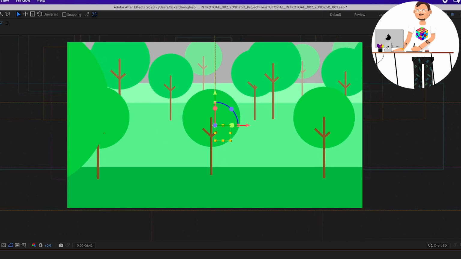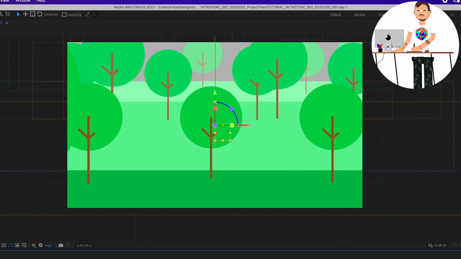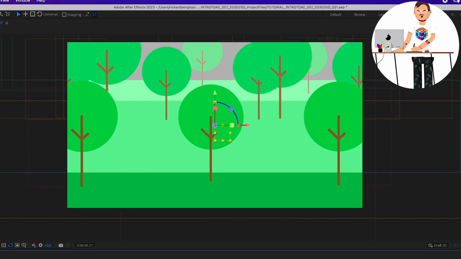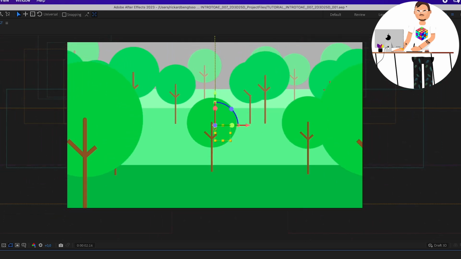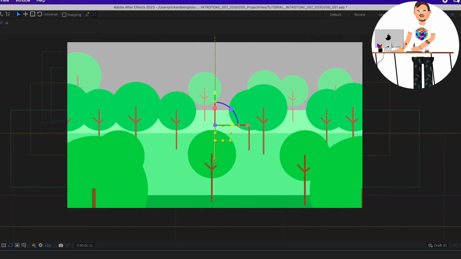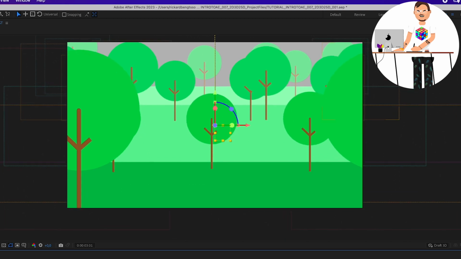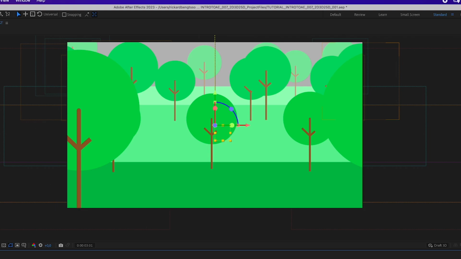And again, a simple camera move, only 4 keyframes in total, but we're getting much more of a feeling of this scene being an actual scene in the real world, even though we're working in a simplistic animated style. We did 3D stuff, sort of. We did 2.5D, but if you want to learn about the real 3D stuff, then click the link to the next video, because we're talking all about 3D in that one,